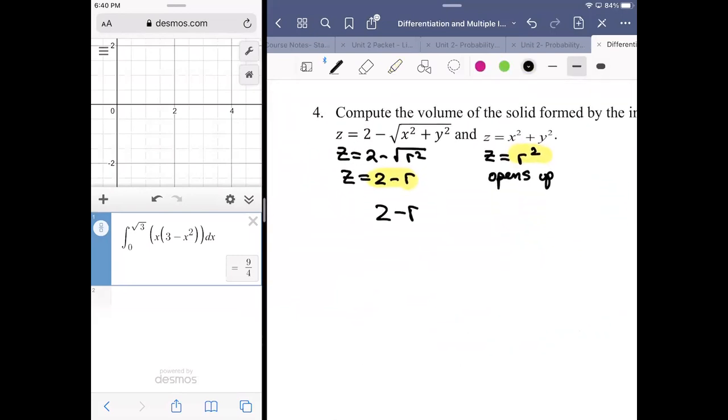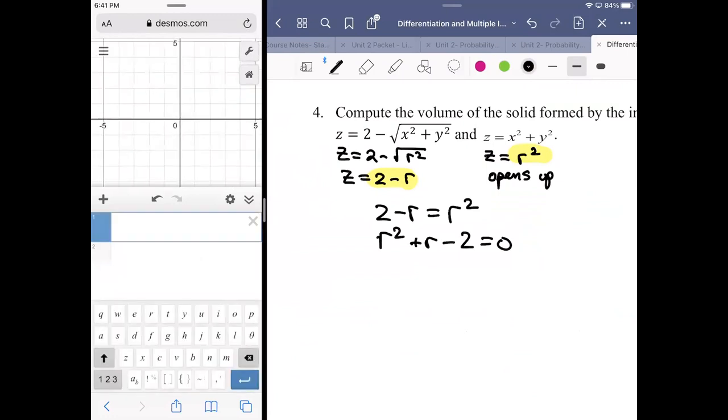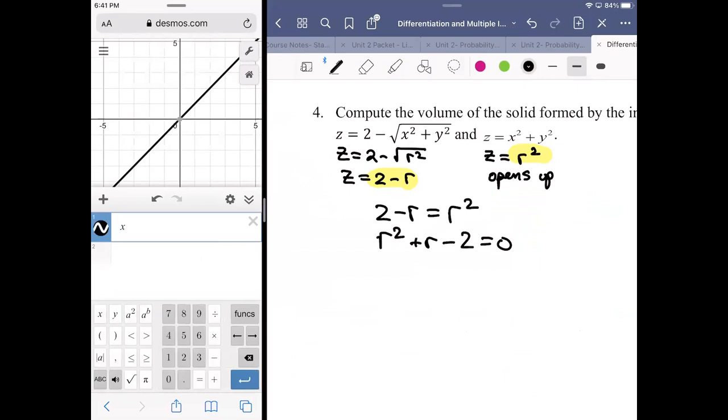So 2 minus r is equal to r squared. Bring everything over. R squared plus r minus 2 is equal to 0. Now, I'm going to just take a second here to show you this, even though it's very easy to factor. You don't need to factor,